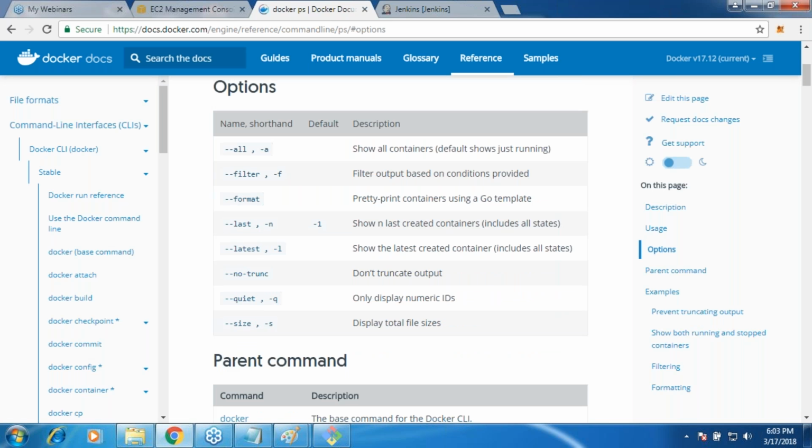Now it has not only all, but it has filters. We have seen this, right? Docker ps, and we have been using this command basically a long time. And then if you want to see some more detailed output, if you want to really display, then you can use these containers. Okay, and go through these command line options.